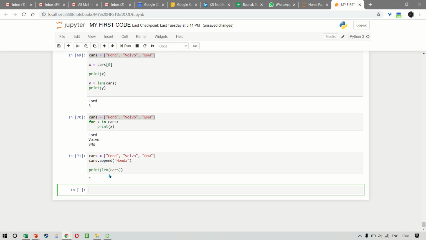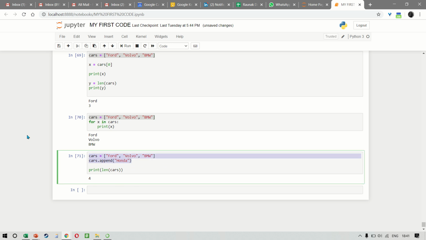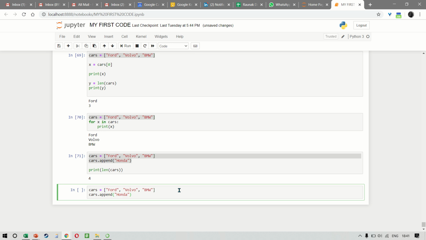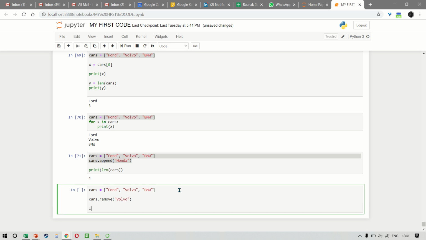And if you want to remove an item, you can simply say, let's say, cars.remove, and we have a Volvo, and when you try to find the length once again, now the length will come as